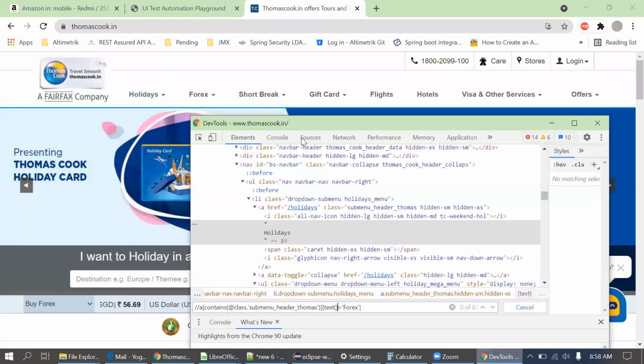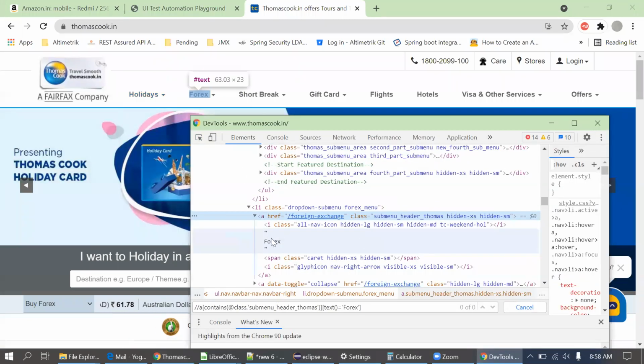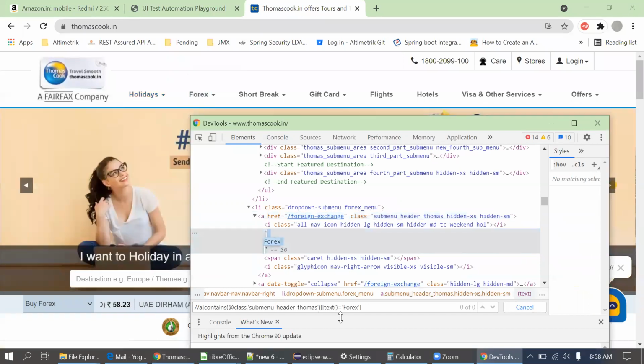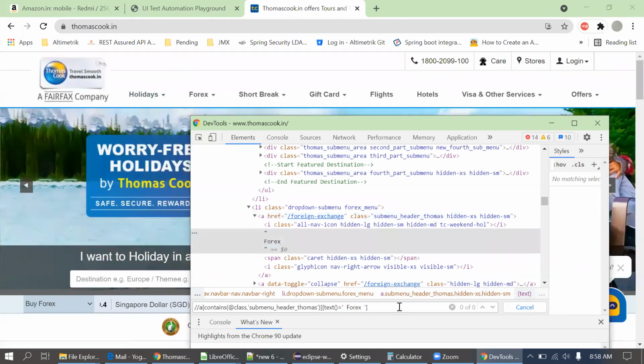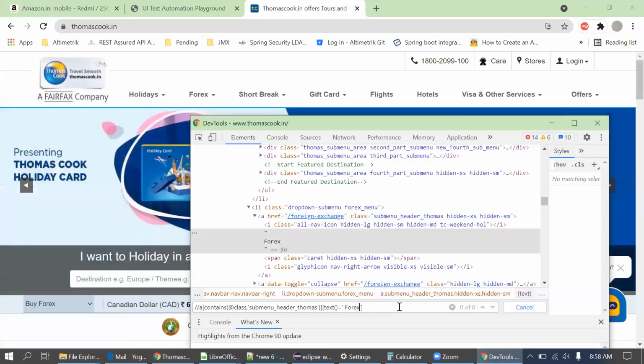I'll paste it here. It is causing some space issue. Sometimes it is not able to identify. So to trim those spaces, just use normalize-space instead of text. Okay, sir. Thank you. Welcome.